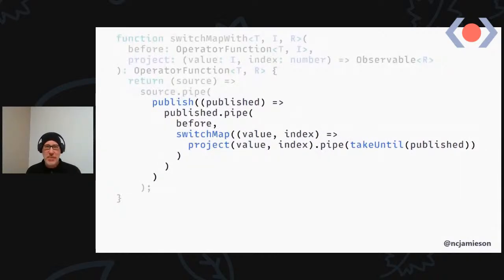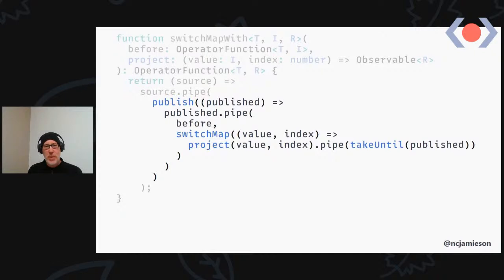So we've got a fairly flexible operator that we can use to solve the problem of these results showing up when we know we don't want them. So we know that the source has emitted another value, and we know that we can use that and take until to abort any API calls that are happening. So that's a very simple pluggable API, and that's the essence of what these things are about.